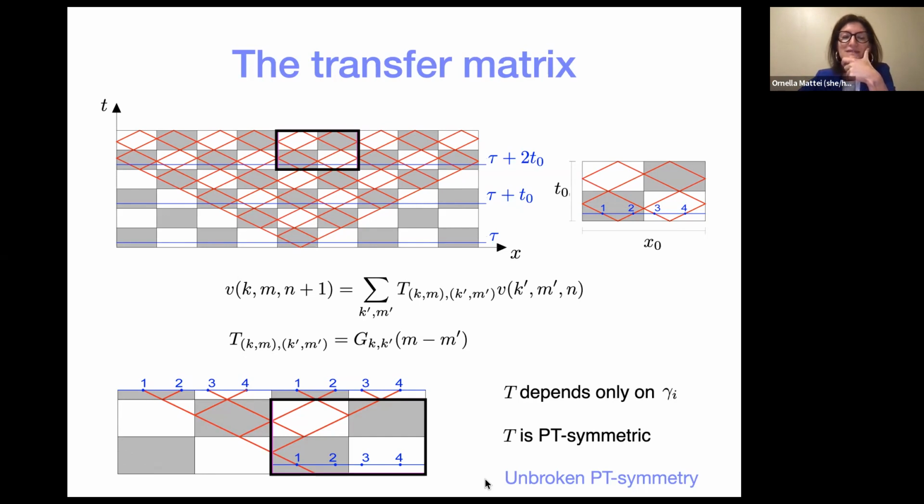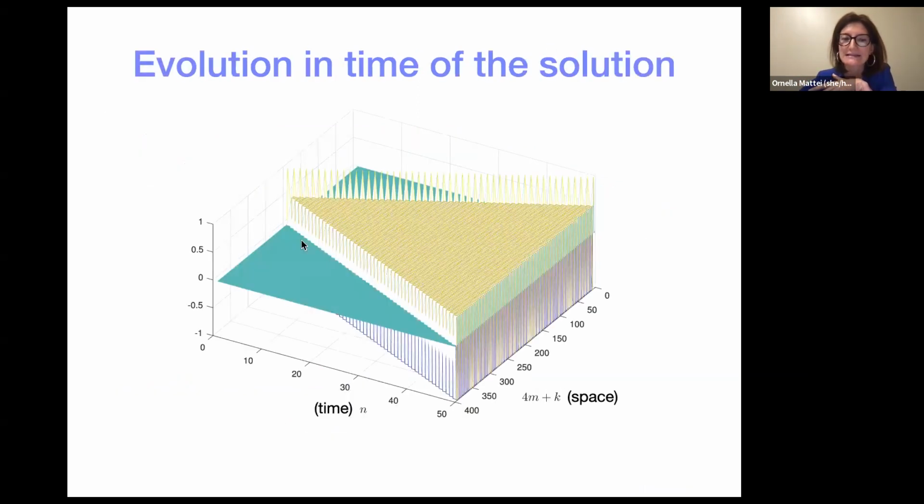And here you'll see that the type of PT-symmetry you have is always unbroken. What I mean by it is that regardless of the wave impedance, the wave will always propagate without increasing its amplitude in time. This is what I mean by unbroken PT-symmetry. Indeed, if we send in a pulse in this structure, this is what we get.